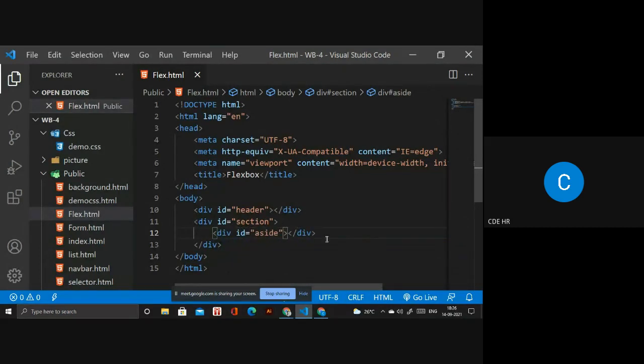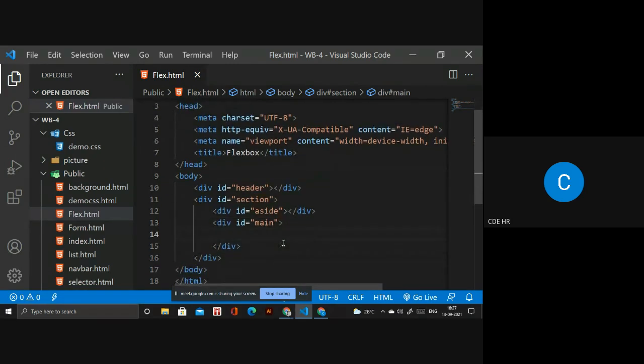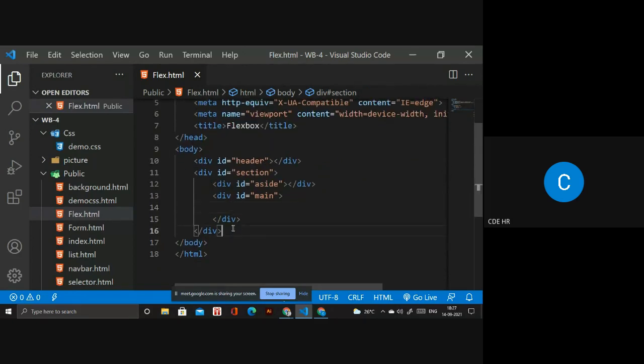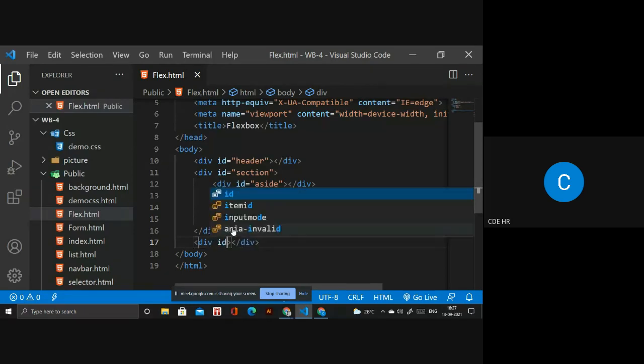Okay. And I have to create another div, with the ID main. Okay. And in the main, we have the article and picture, whatever we have there, I will put text inside that. Not to worry. Next, we have to create the footer. Another div, inside we have to create the ID, this one is footer.